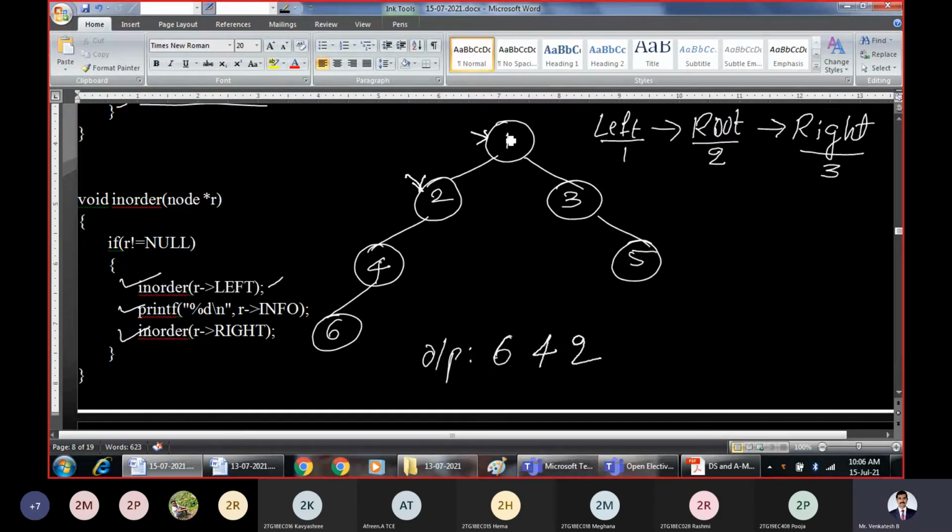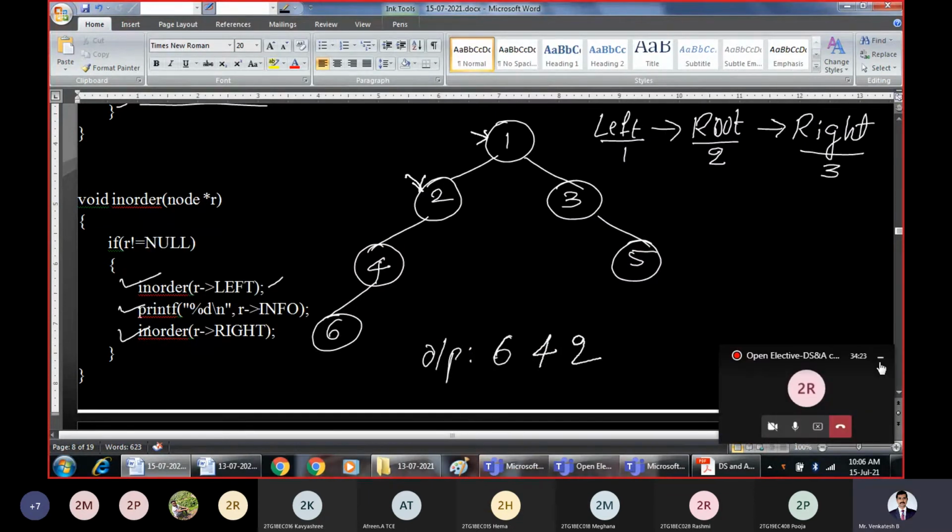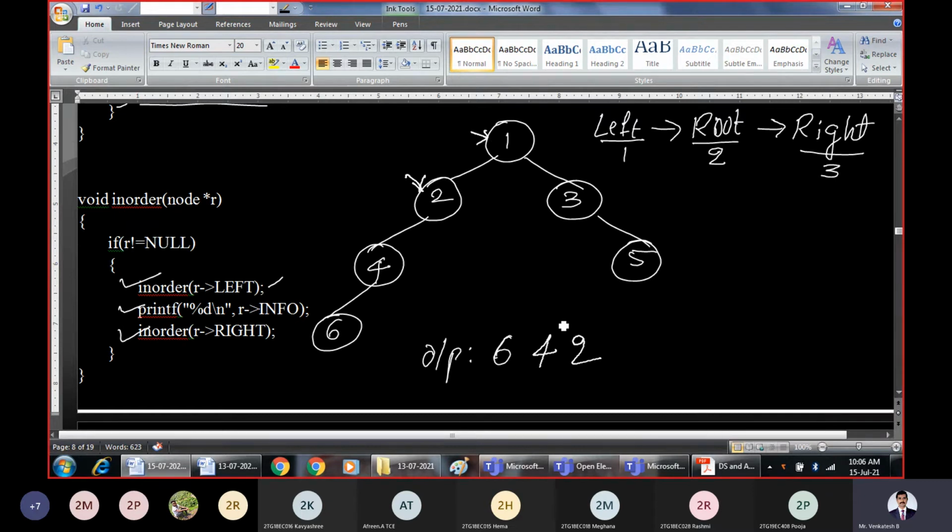Okay, for node 1, entire left subtree is processed. Now we have to concentrate on the root node 1 itself. So 1 will be printed. Now for the root 1, we have processed the entire left subtree and the root node itself. Now we have to process the entire right subtree, because what the rule says, first process the left subtree, then print the root node, then go to the right subtree. That means for node 1, now we are going down towards right subtree. This becomes the new node of interest.